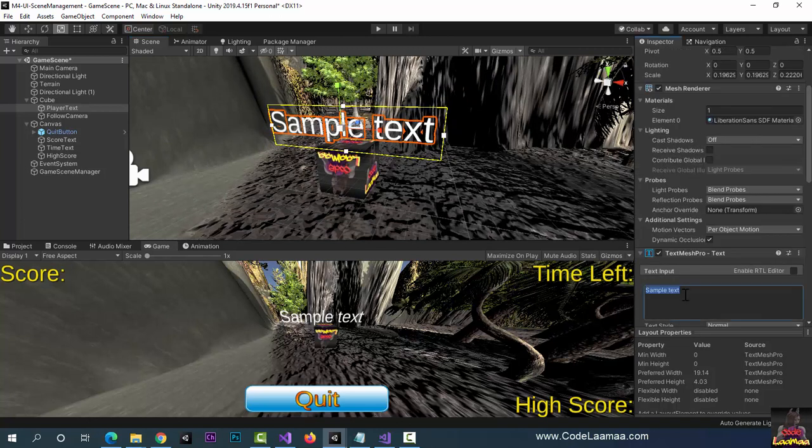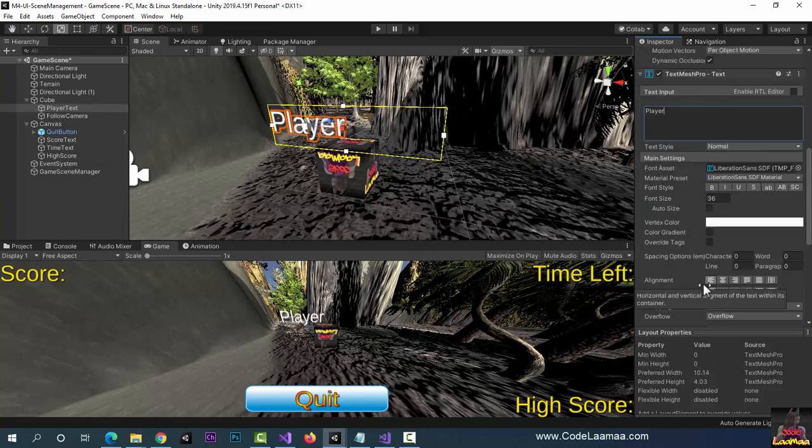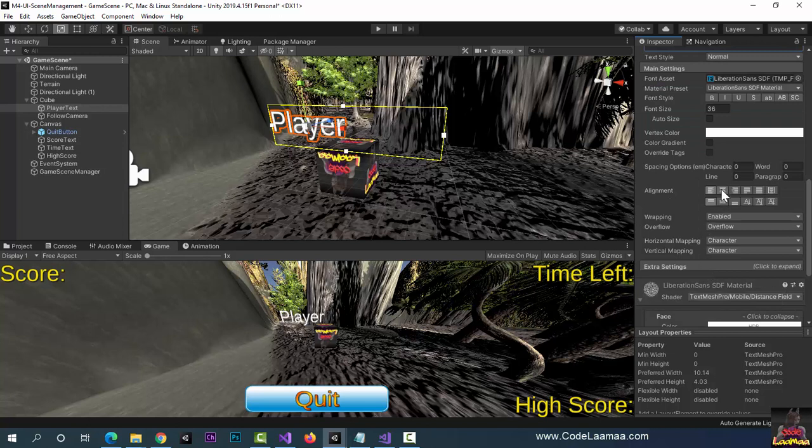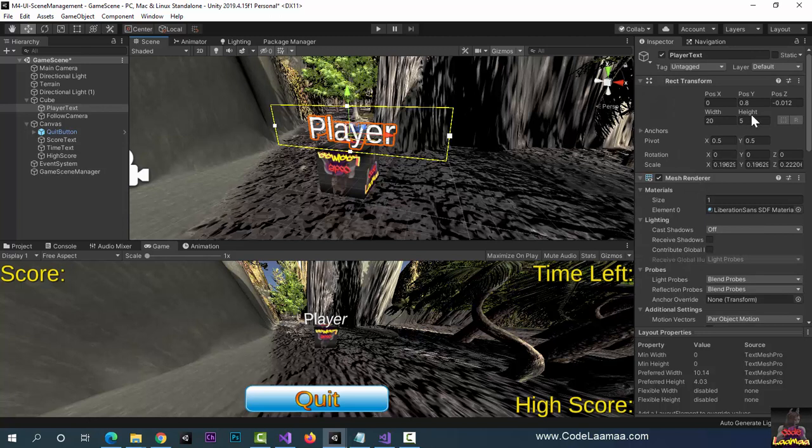Well, first let's put, instead of sample text, let's change it to player. And we will center, justify, and middle. All right, and it still looks a bit off. Just gonna make some adjustments here. All right, and let's change